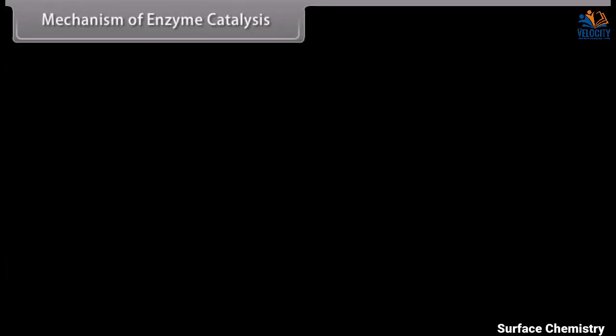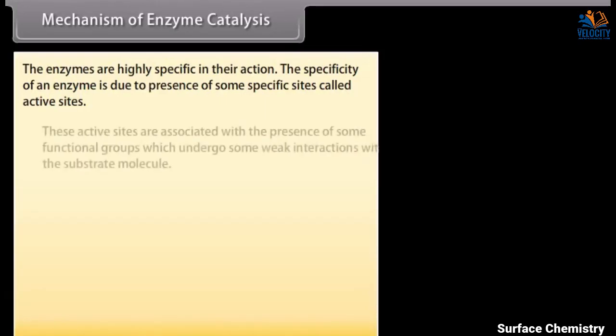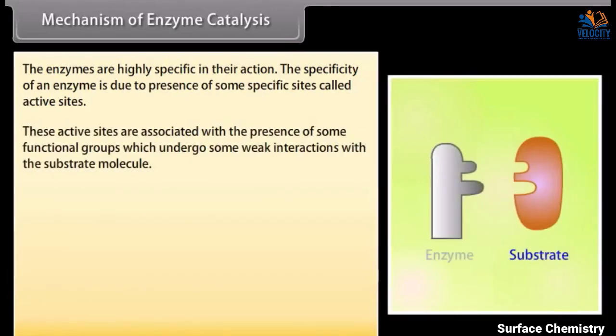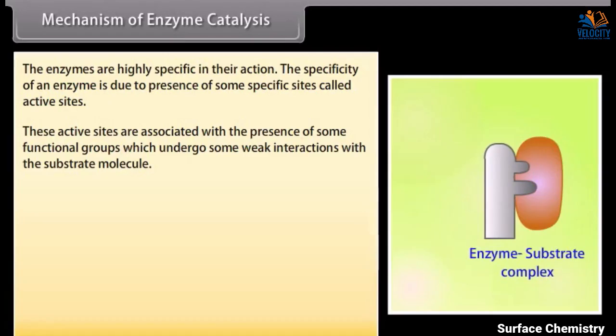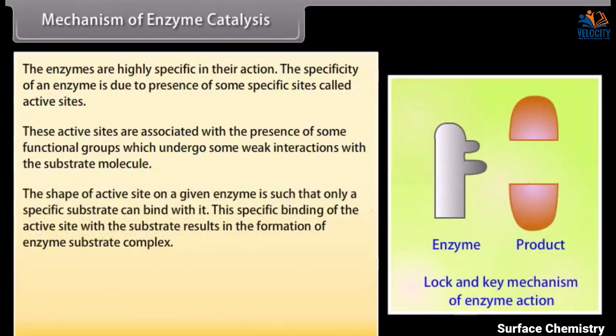Mechanism of enzyme catalysis. The enzymes are highly specific in their action. The specificity of an enzyme is due to the presence of some specific sites called active sites. These active sites are associated with the presence of some functional groups which undergo some weak interactions with the substrate molecule. The shape of the active site on a given enzyme is such that only a specific substrate can bind with